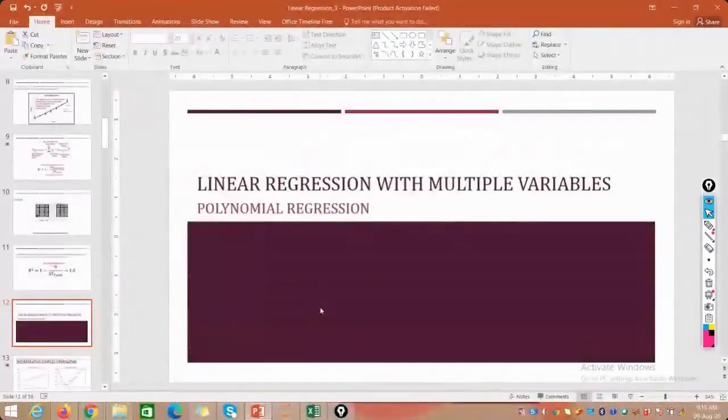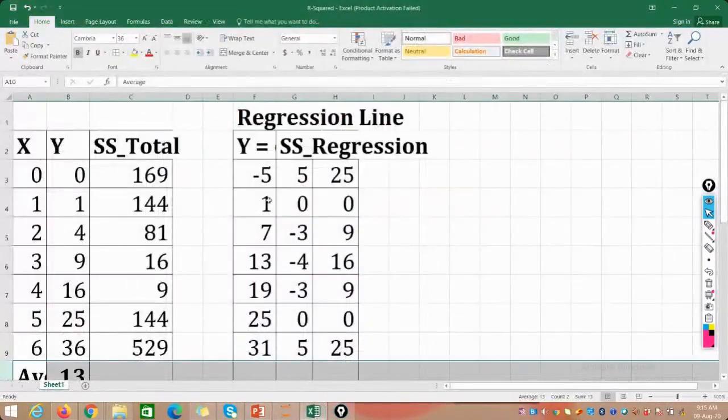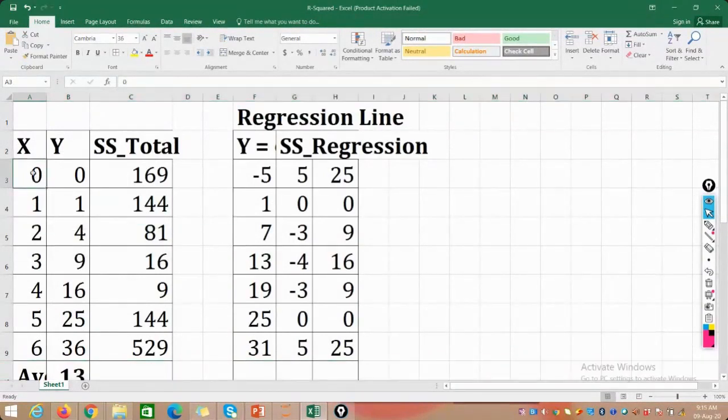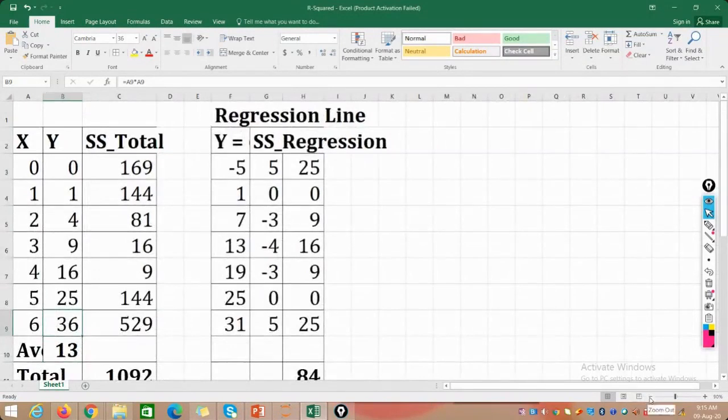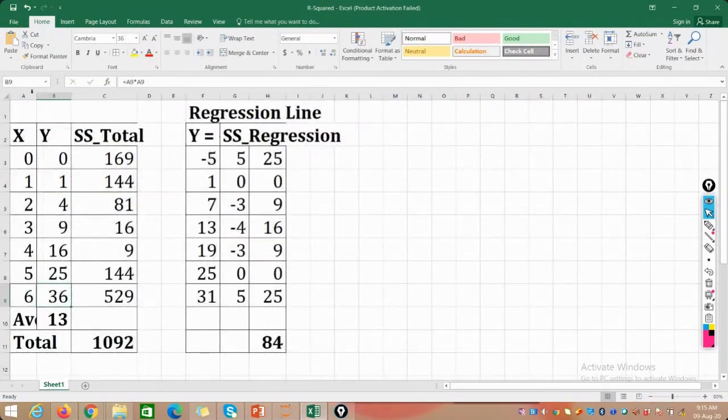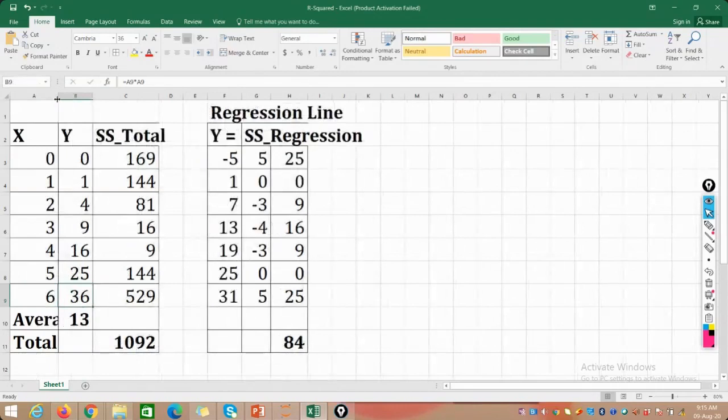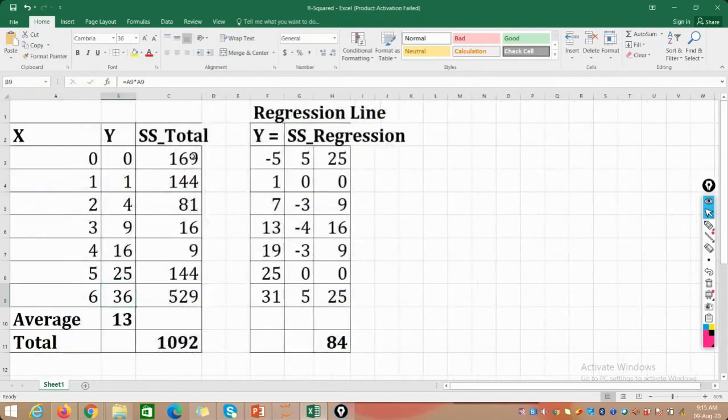Let's see this with an example. Possibly this screen is also visible. I have opened one Excel file. If it is not visible, let me know. So here we have this x, and these are the values of your x, and this is the value of your y. First we are going to calculate the mean, and then we are going to calculate the difference of each of the instances with their mean, and then calculate the square.